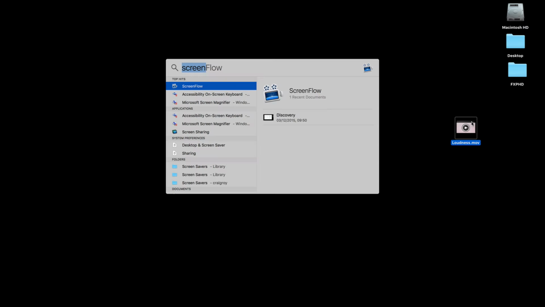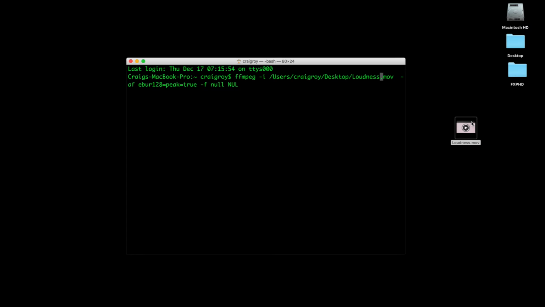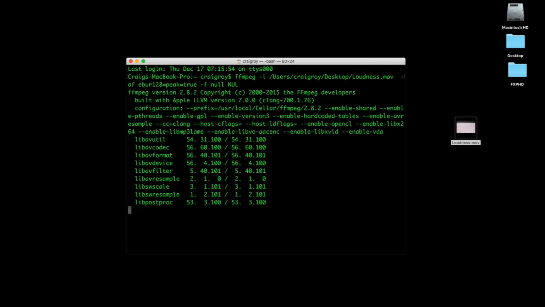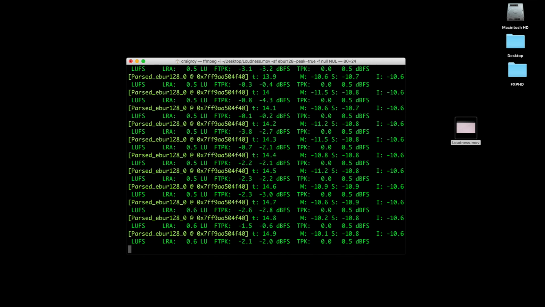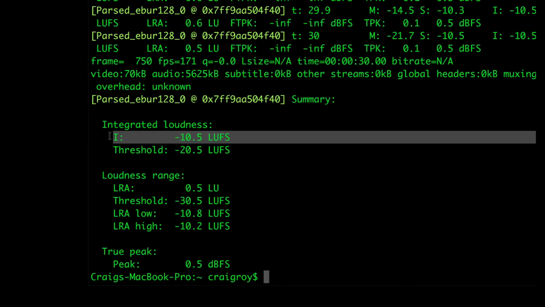Now, if you haven't done this, check out Terminal, download FFmpeg for Mac, and what this will do is allow you to jump in and run an FFmpeg command, which basically says what's the input of the file, and it will go check the true peak and also the loudness of this. So if I run this file through, which is this one that's spat out, it will come back and say this needs to be minus 23, and it's clearly minus 10. So I could sit there and try to amend it in